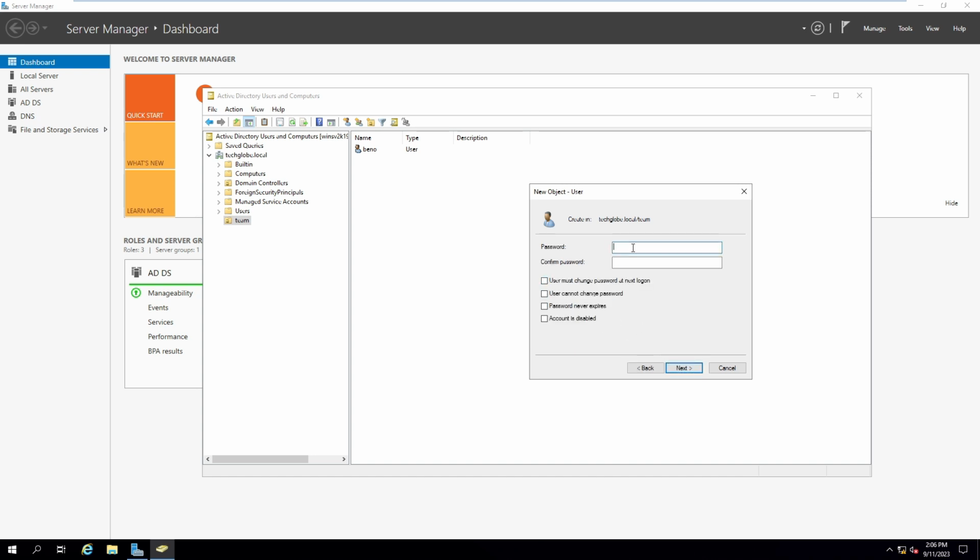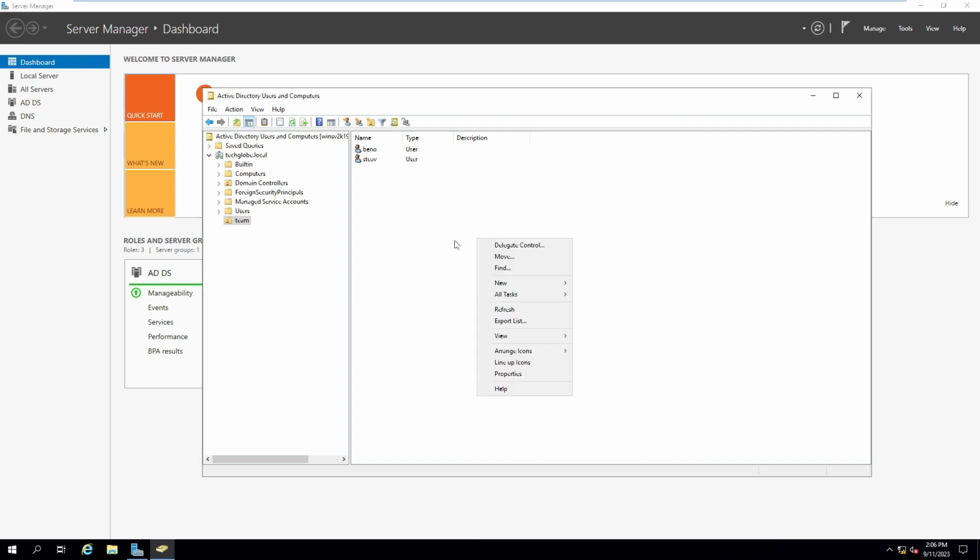Check and create the password. This is the way to create Active Directory users and computers, the user configurations and user creations,